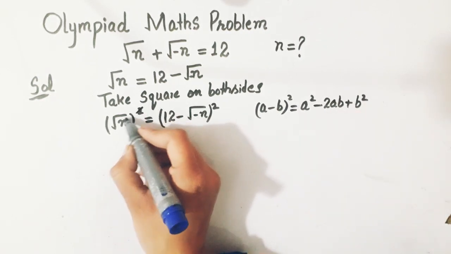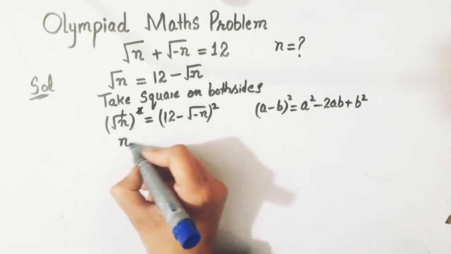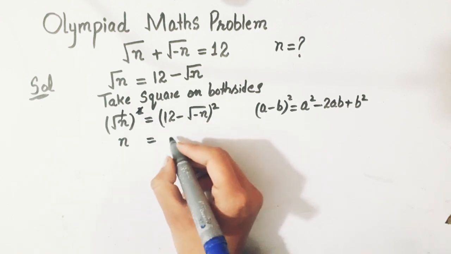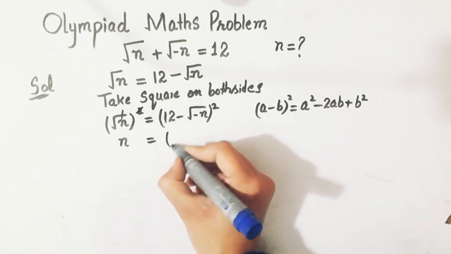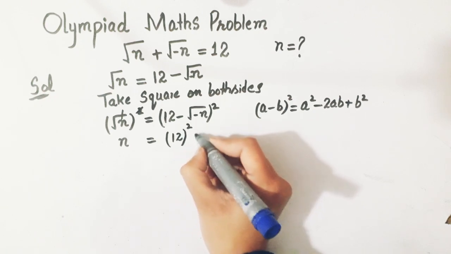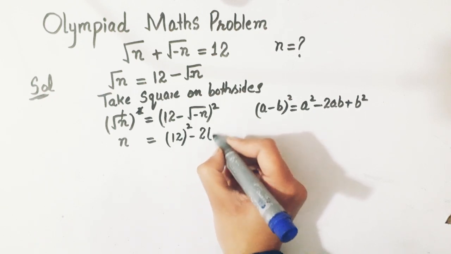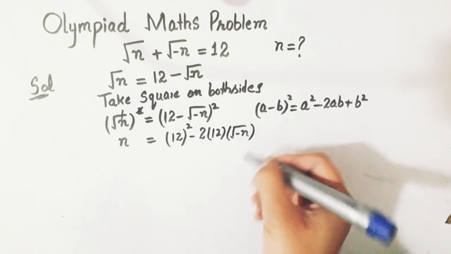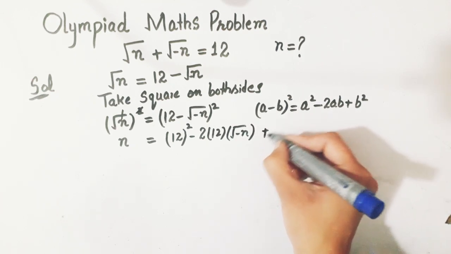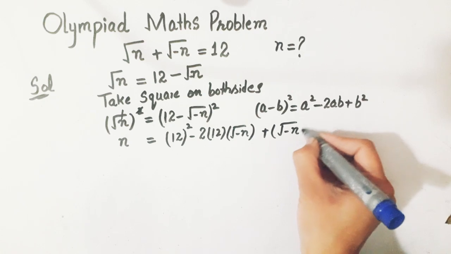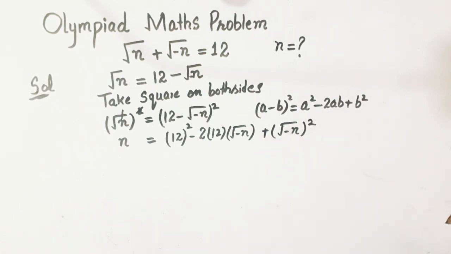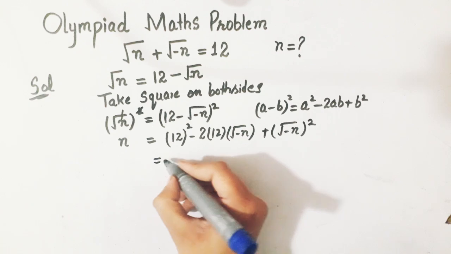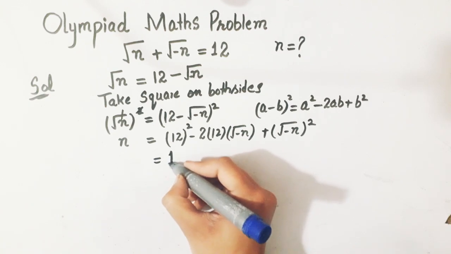So this square and this square root are cancelled out and we have only n, and from this side this will become 12 square minus 2 into 12 into root of minus n and plus root of minus n square. So this will become equals 12 square, that is 144